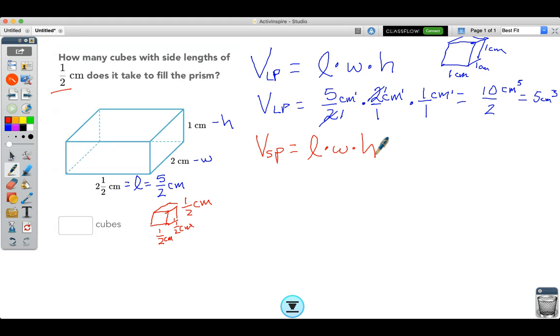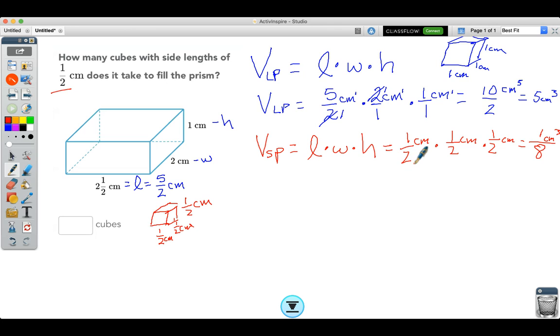No. When we actually multiply 1/2 centimeters times 1/2 centimeters times 1/2 centimeters, we get 1 times 1 times 1 equals 1, and 2 times 2 times 2 equals 8. 1/8 centimeters cubed. It's much smaller